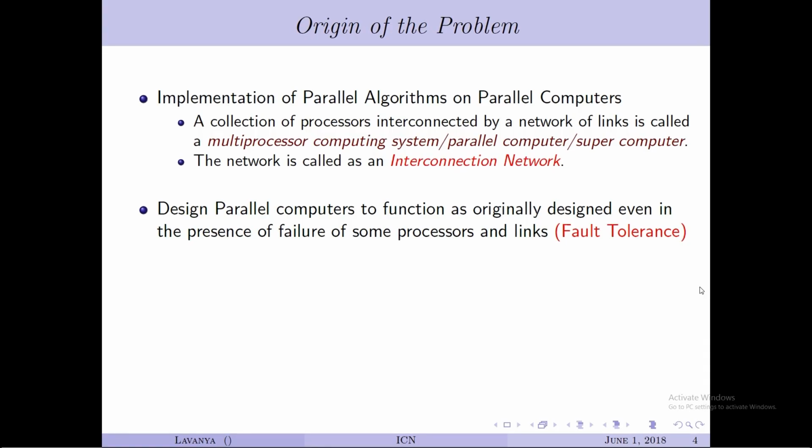In that case, how do we overcome this situation? So how do we overcome the presence of failure of some processors or links or both? In that case, how will I redesign my algorithm or my computer? It should work. It should know automatically how to reroute